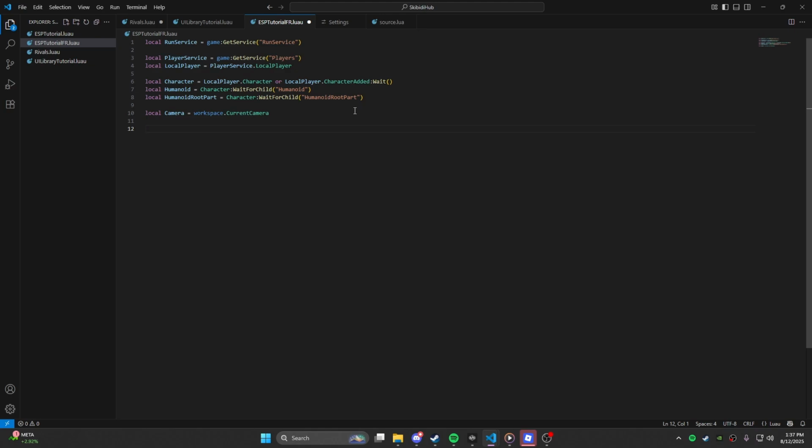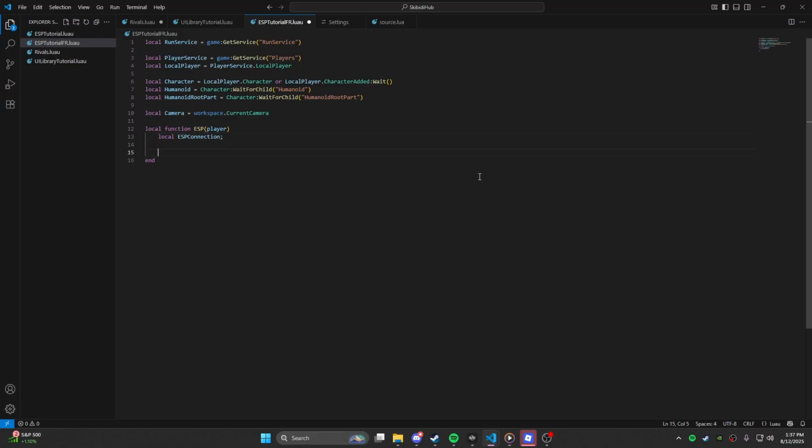Now that we have our variables, we're going to go ahead and define a function called ESP. This is where we'll do all of our drawing, our updating, and our sizing, and all of that good stuff. So we're going to do local function ESP(player), go down, end. Now we're going to define our ESP connection. You don't really have to know what this means. I'll explain it later on. So we're just going to do local ESPConnection;